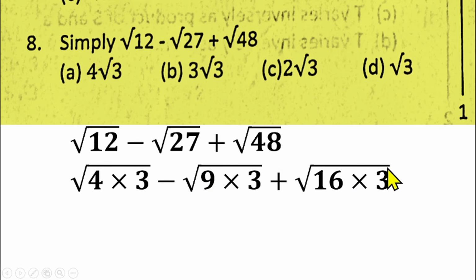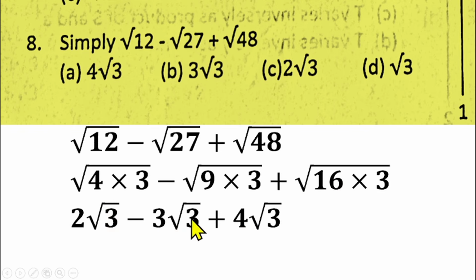So if you have this, then we can find the square root of 4, that will be 2√3. Then the square root of 9 is 3, so we have 3√3 here. √16 is 4, so you'll have 4√3 left as well. If you simplify that, 2√3 − 3√3 gives us −√3. Then −√3 + 4√3 will give us 3√3, which is option B for